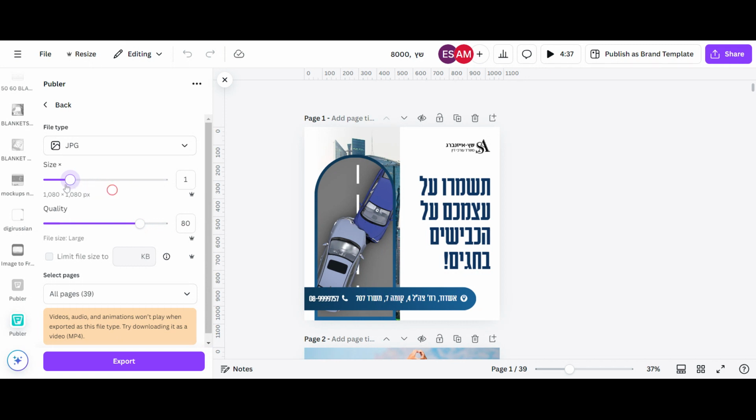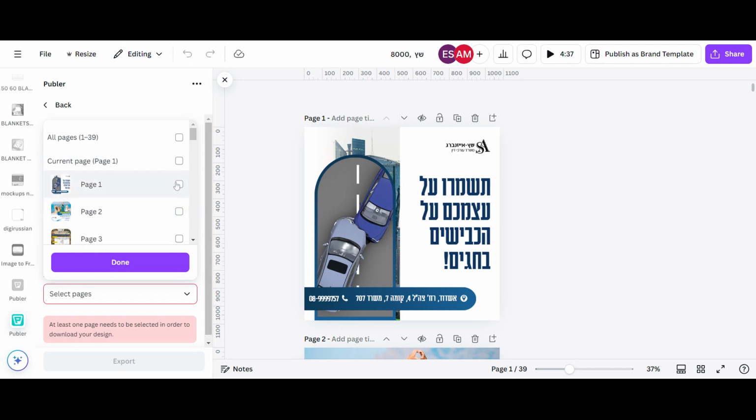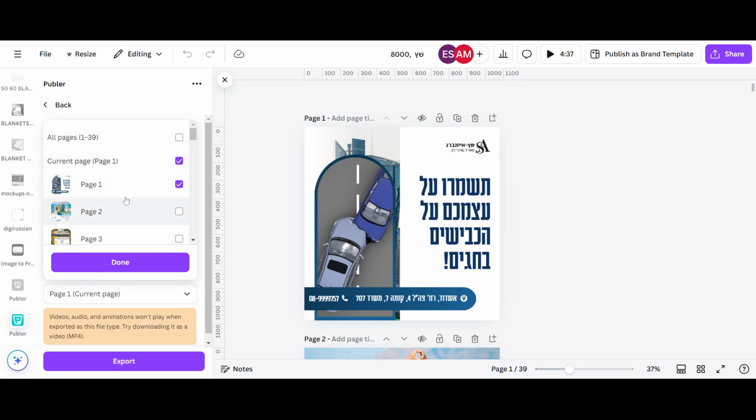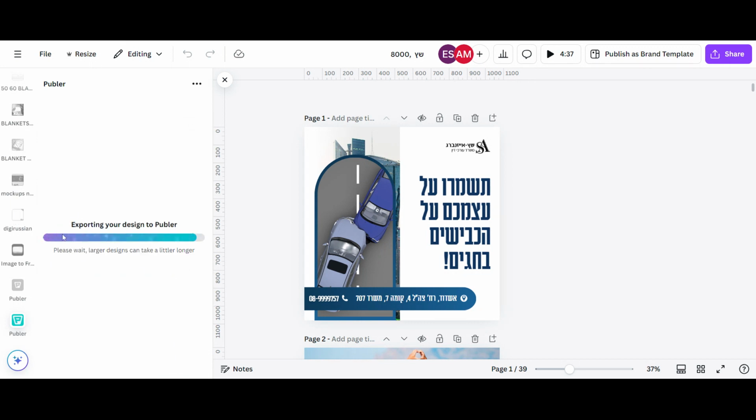I don't know why, but I think there is a size limitation. And I can export all the pages, or I can export two pages, or I can export just the current page. I'm doing done, and now I'm doing export, and I think that now it will open Publer in another